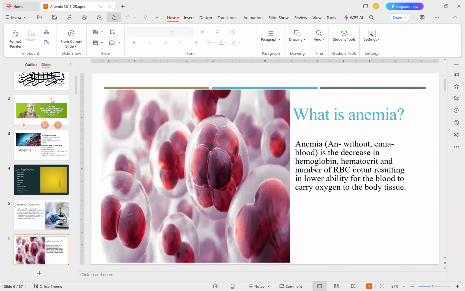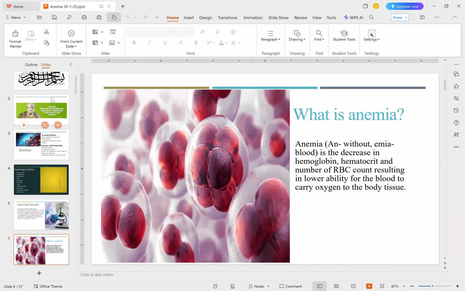Globally, it is estimated that 40% of all children aged 6 to 59 months, 37% of pregnant women, and 30% of women 15 to 49 years of age are affected by anemia. Anemia caused 50 million years of healthy life lost due to disability in 2019. The largest causes were dietary iron deficiency, thalassemia, sickle cell, and malaria.